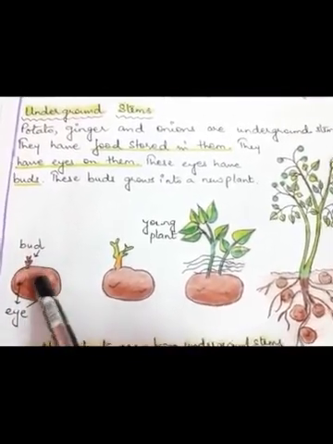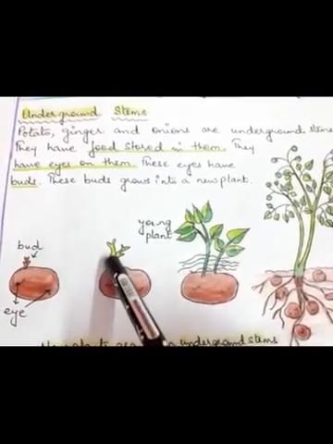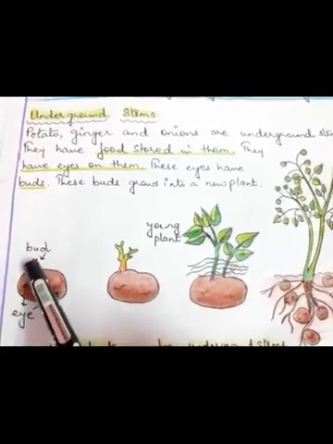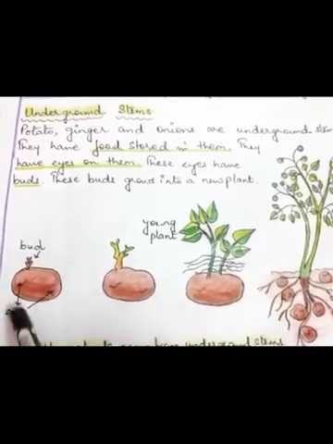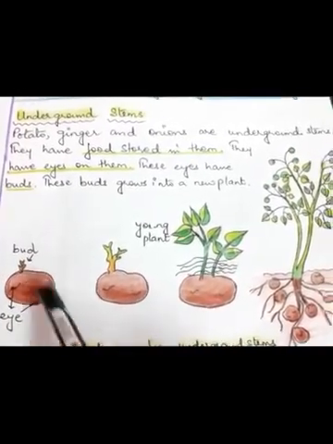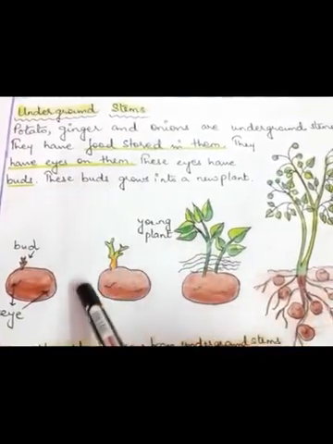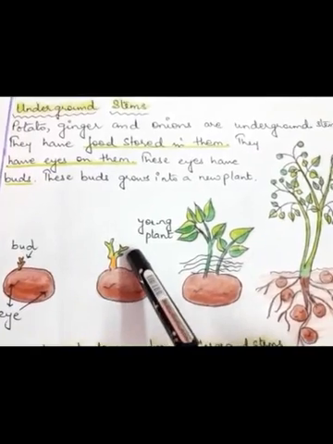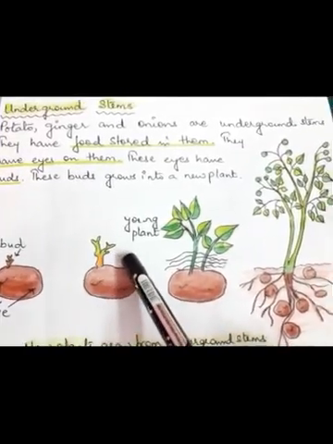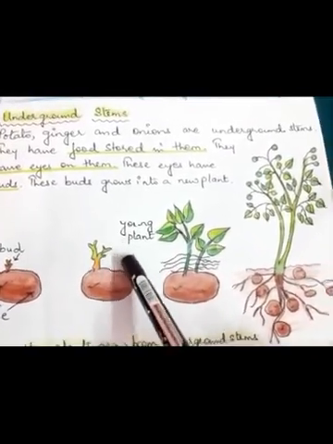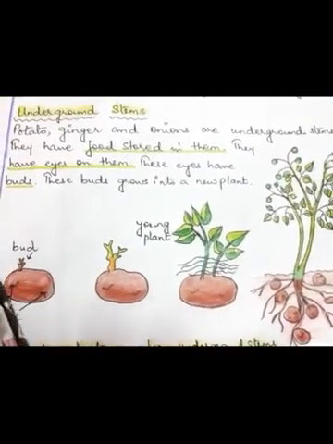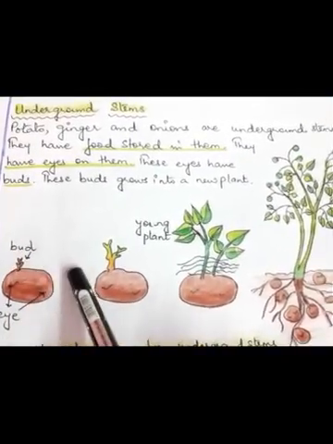Now, if you keep a potato for a week, you will see small white buds come out from the several eyes, from all portions. If you keep it like that, you will see very soon a young plant comes out. That is actually a potato plant. So through those eyes a bud grows, and that bud grows into a young plant.